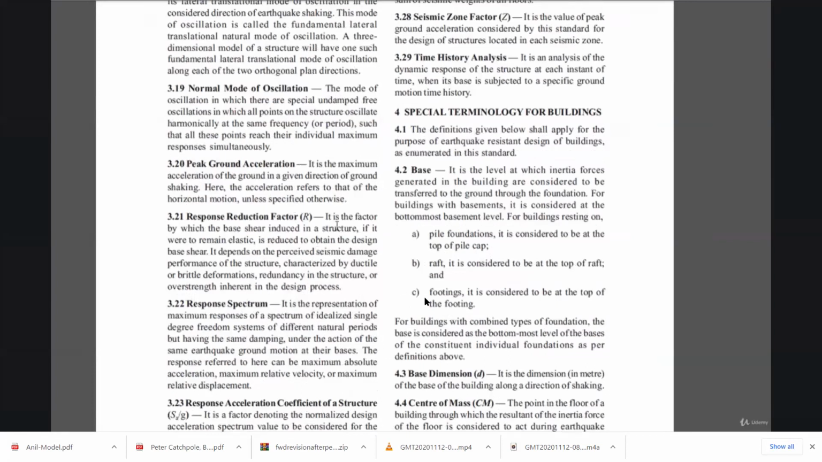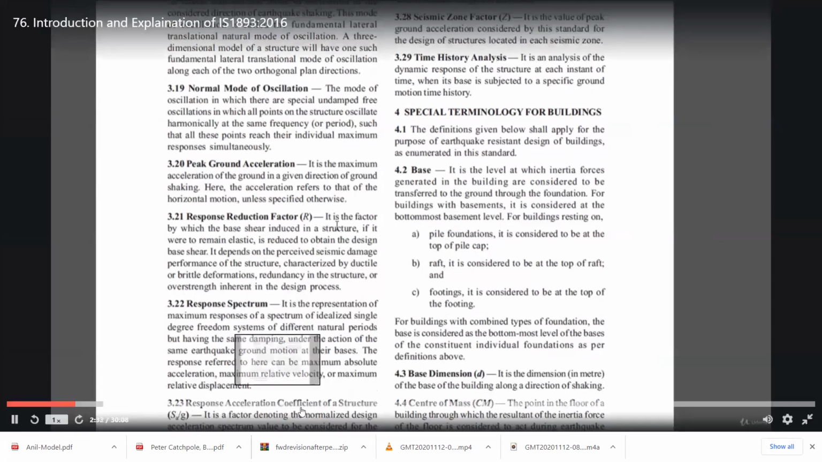Response reduction factor, I have already covered in my previous lecture. It is the factor by which the base shear induced in a structure, if it were to remain elastic, is reduced. I repeat, reduced to obtain the design base shear. So basically, as I told you earlier also, we do not design the structure for the full earthquake. We design the structure for the earthquake divided by the response reduction factor. Why are we providing that response reduction factor? Because of the ductility of the structure. Response spectrum definition, response acceleration coefficient Sa/g,